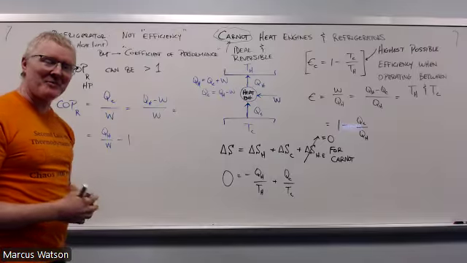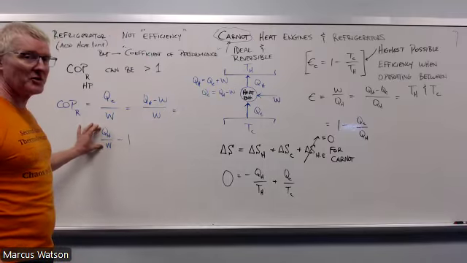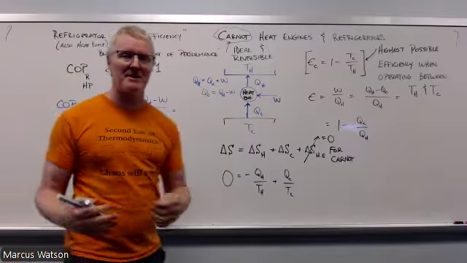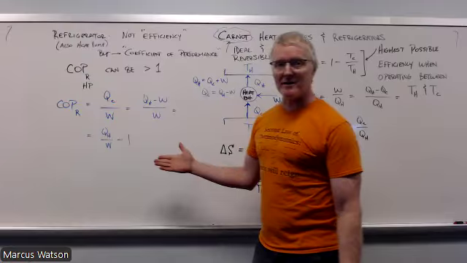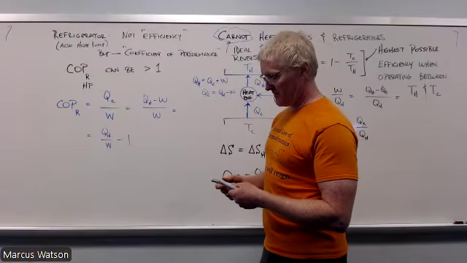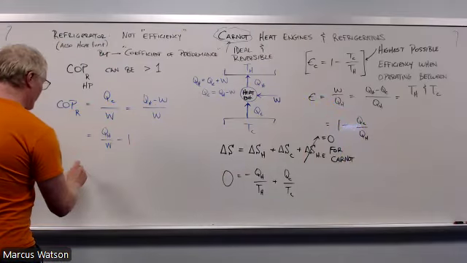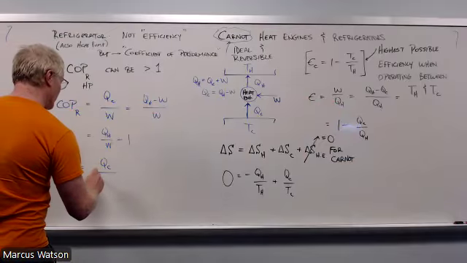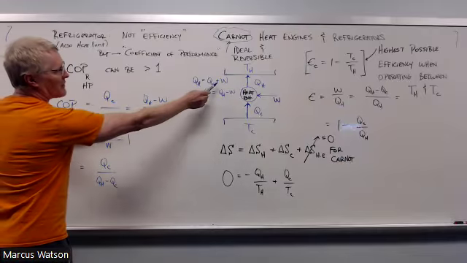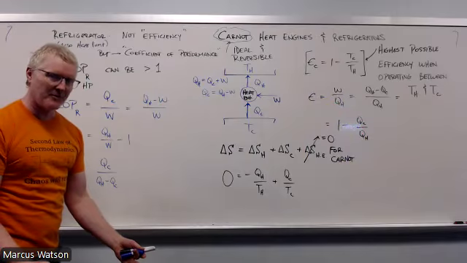I don't know if that actually helps at all, but you should see that this is a number that's bigger than 1, right? It comes out, this QH over W should be vastly greater than 1, so that your coefficient of performance comes out to be some number that's larger than 1. Your hope is that that's what happens. If I'm looking at it from the way that I was going to initially do it, you could also write this as QC over QH minus QC. In other words, I could solve for the work here and then just put that difference in the heats down here. This does not really help so much,